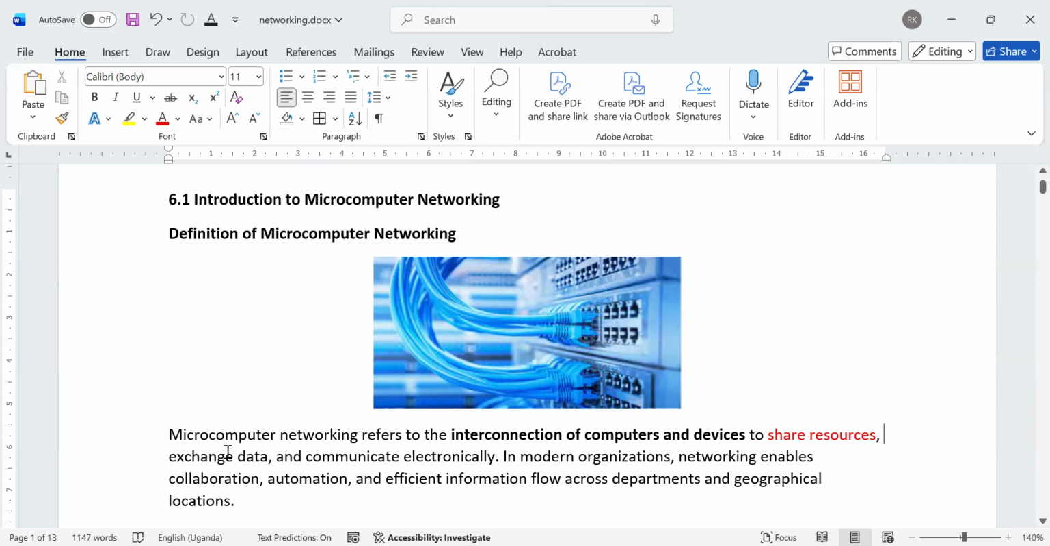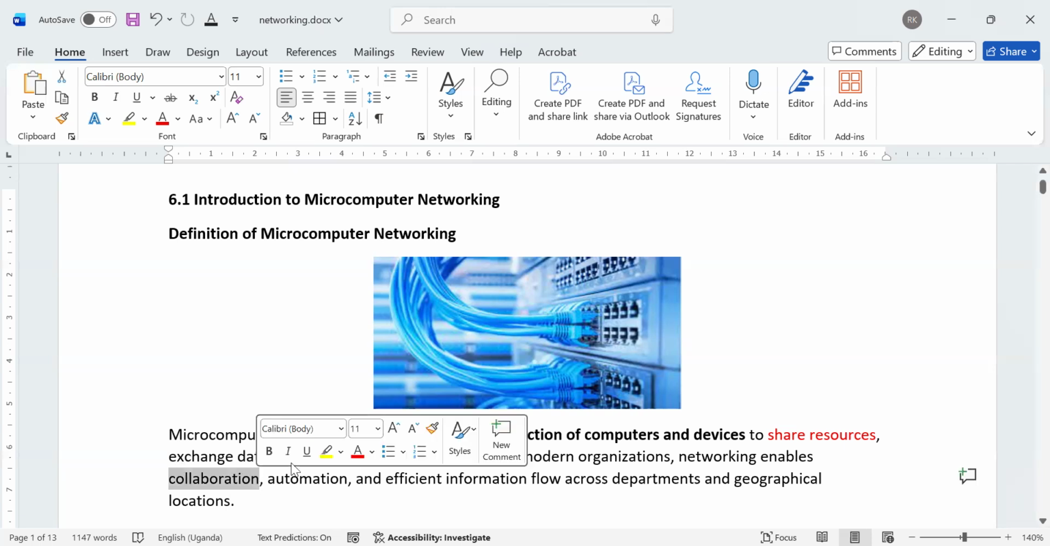You can also call it exchange of data and communication, but all this is sharing resources. So in modern organizations, networking enables collaboration. So you can see the benefits of networking. One, we have collaboration,